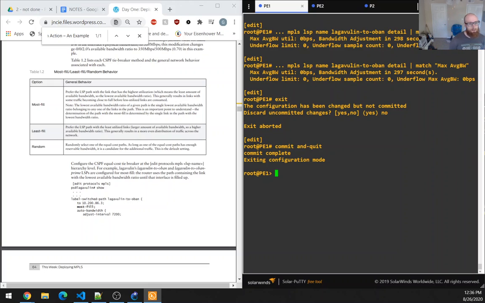Note the lowest available bandwidth ratio of a given path is the single lowest available bandwidth ratio belonging to any one of the links in the path. This is an important point to understand. The determination of the path with the most fill is determined by a single link in the path with the lowest bandwidth ratio. So let me open up Paint here